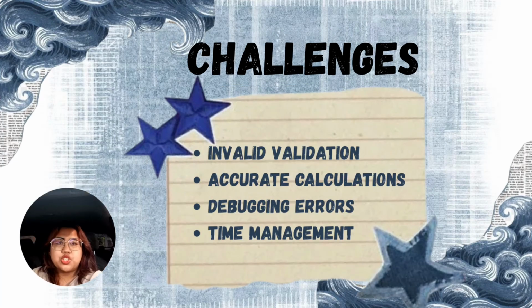One of the main challenges we faced was implementing input validation. We needed to ensure that the user entered valid values for age, weight, height, gender, and activity level. To solve this problem, we used a while loop and cin.fail() validation to repeatedly request input until the correct value was entered. Another challenge was developing the calorie feature because it required multiple inputs and different formulas based on gender and